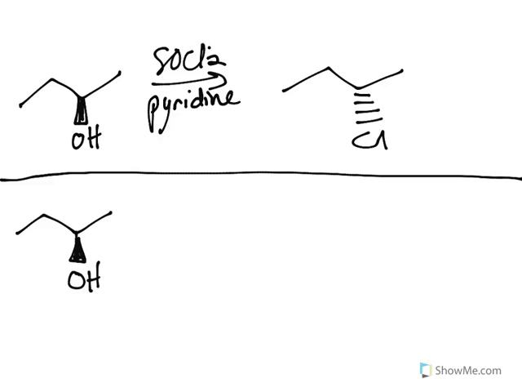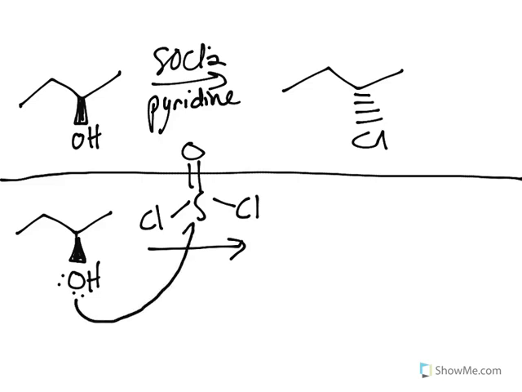So the important thing here is to draw out thionyl chloride, like that. The first thing that happens is the hydroxyl oxygen acts as a nucleophile, and it's going to attack that sulfur atom right there. And as it does that, the chloride right here is going to leave. The electrons from that bond jump onto chloride, and chloride leaves,